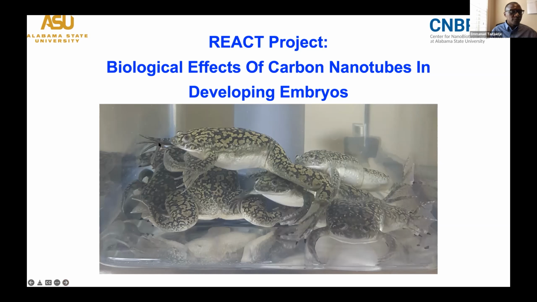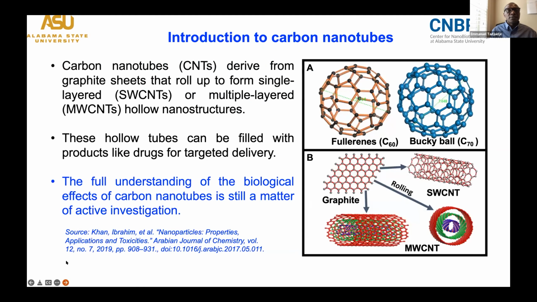There are a lot of faculty in the CNB using different types of nanoparticles for research, but most of the biological testing that we have been able to perform was using cell lines. And we thought it might be a good idea to use an actual in vivo model to test the effect of nanoparticles. At that time, we had silver,